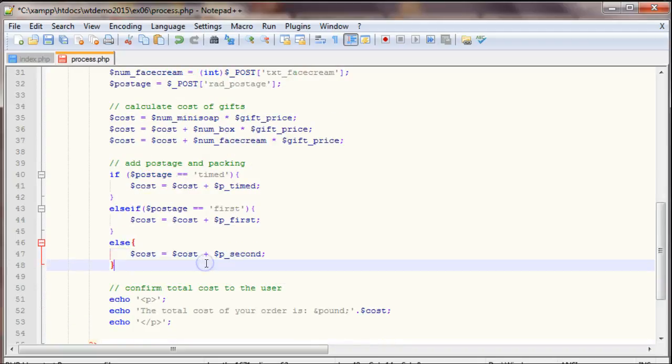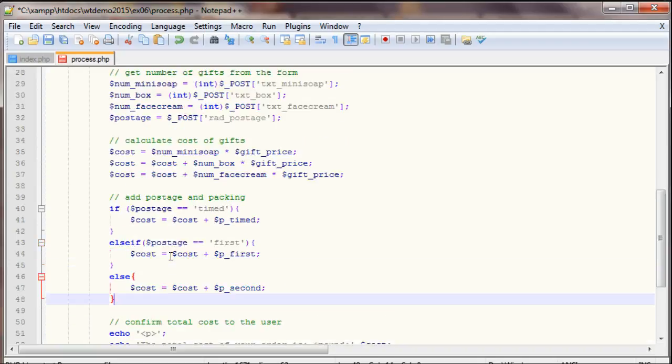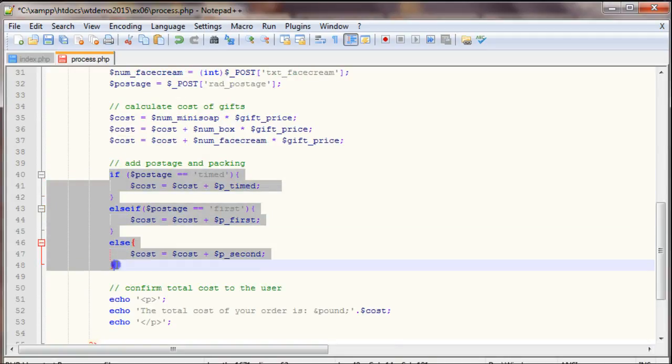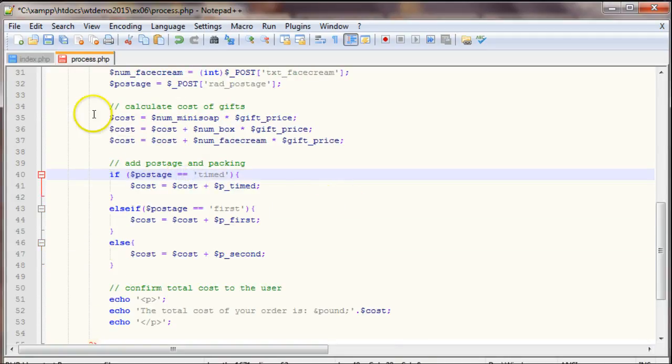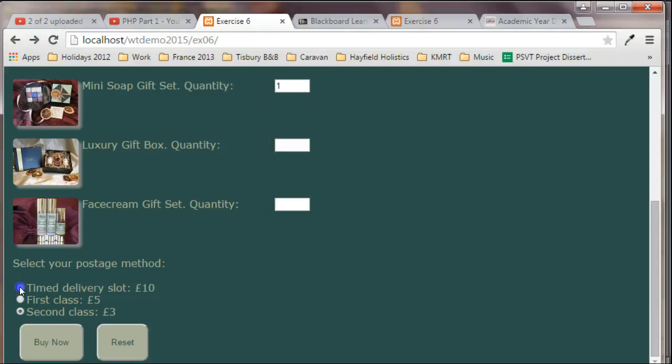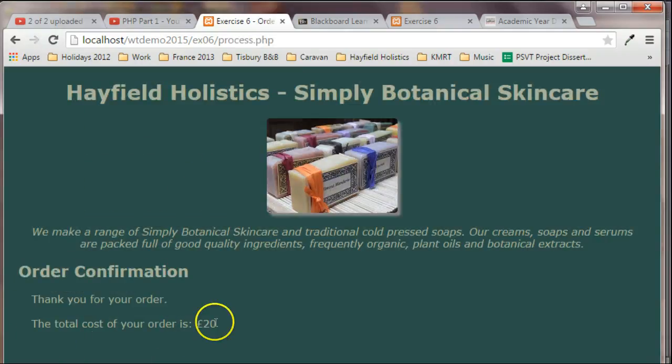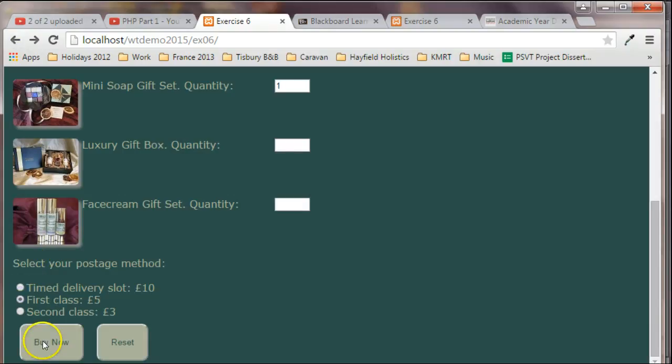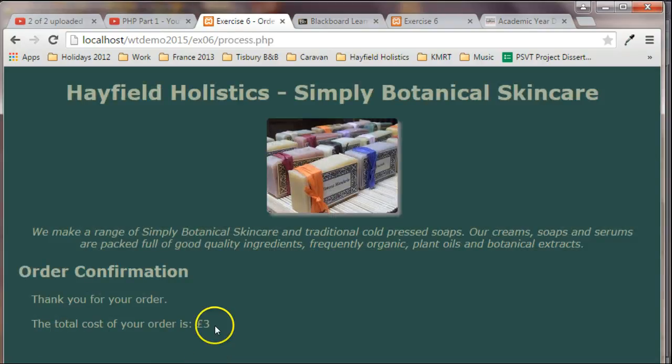So now we've done that, we have calculated the cost using an if statement that does different things depending on what the user has selected. So if we're to save that and go back to our web page, so now for first class delivery, buy now, I've got £20, for second class delivery £15, and for second class delivery £3. So that shows you how you can use an if else type of structure to control and do different things at different times on your web